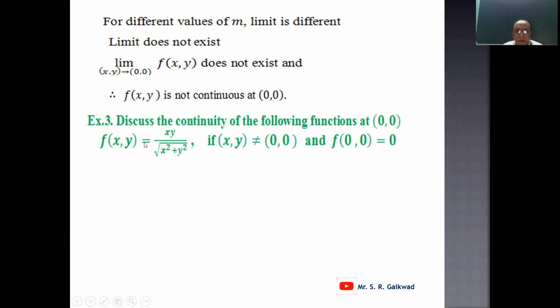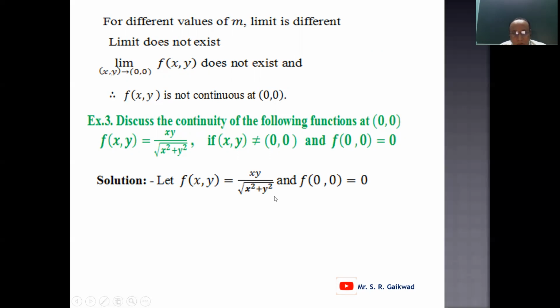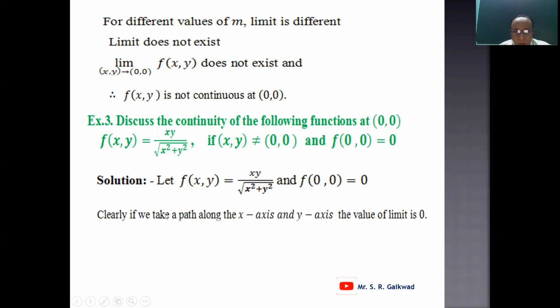Next example. Discuss the continuity of the function f of x comma y at 0 comma 0. Function is f of x comma y equal to x into y upon the root x square plus y square, if (x, y) not equal to (0, 0), and f of 0 comma 0 equal to 0. Solution. Let f of x comma y equal to x into y upon root of x square plus y square, and value of function at 0 comma 0 is 0. And therefore if we find the value of limit as x y tends to 0,